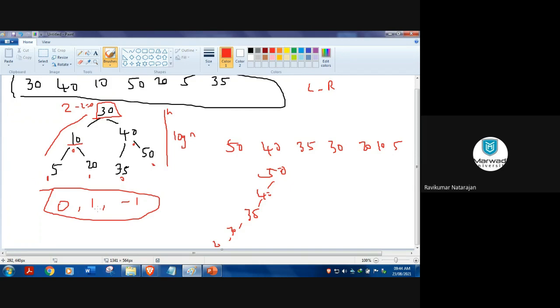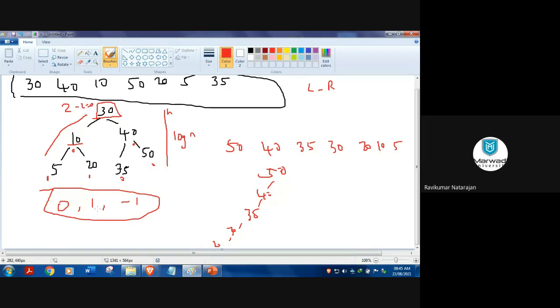So in BST, we don't have a control on height. You can insert elements based on that rule, I mean, two properties, left side and right side, but you can't control height. In BST, have we done any kind of rotation? Did we calculate any height? No, we just simply kept inserting left and right based on the rule, based on the root element, right?